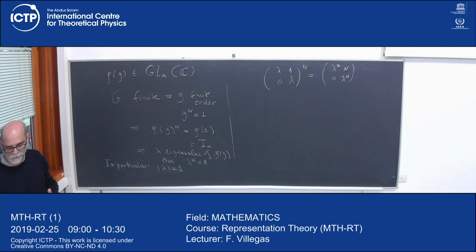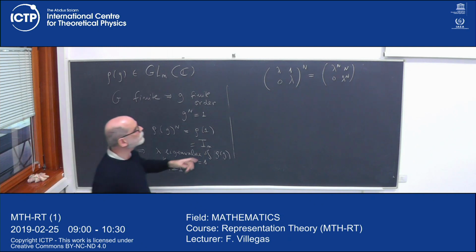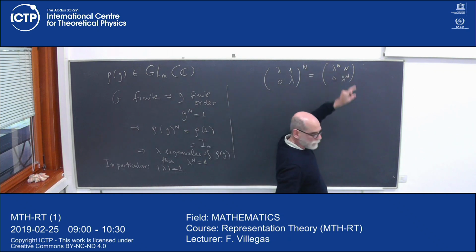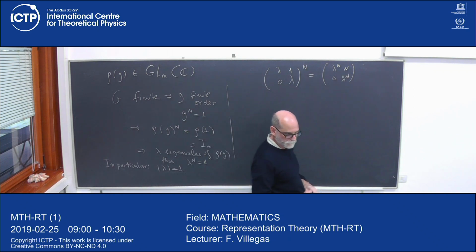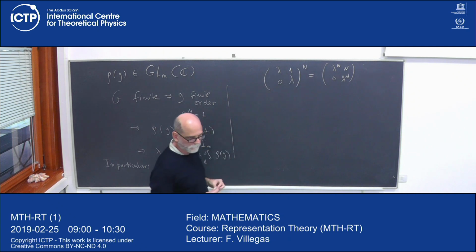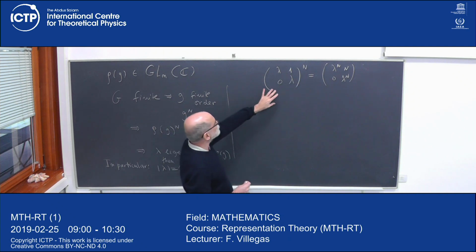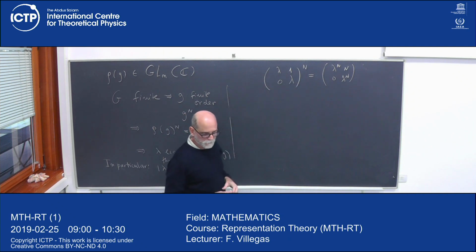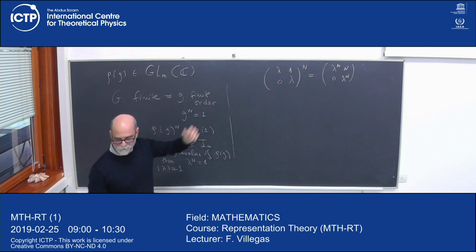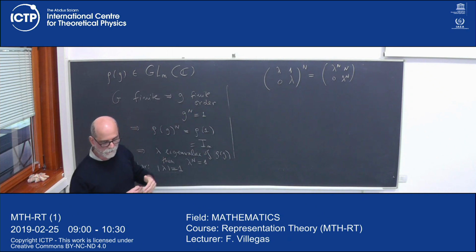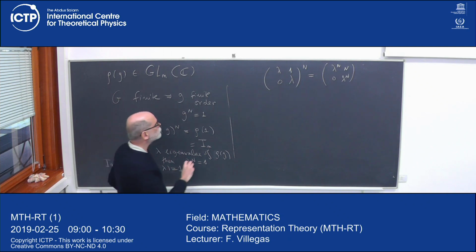Yeah, because we are in characteristic 0. No matter what power you use, this entry here will always be non-zero unless you take the 0 power. And this change of basis, U inverse, doesn't affect the fact that a power of a matrix is identity or not. So the conclusion is,